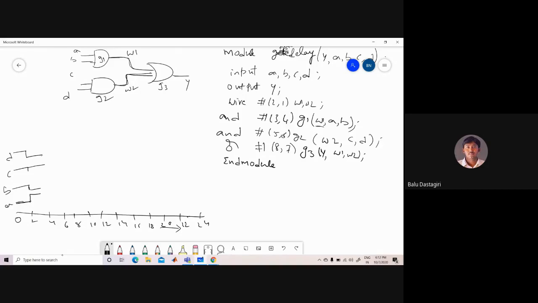Now we have to plot W1 and W2. After changing the value, W1 should become 0. W1 is nothing but A AND B.